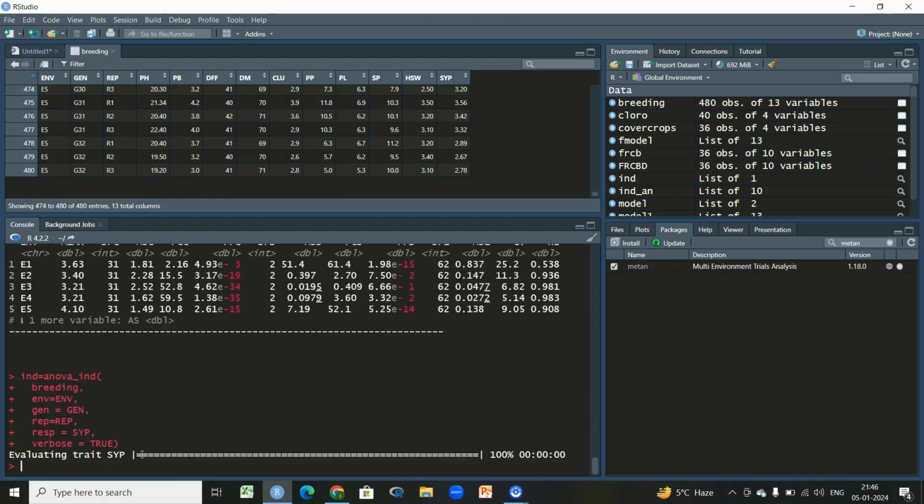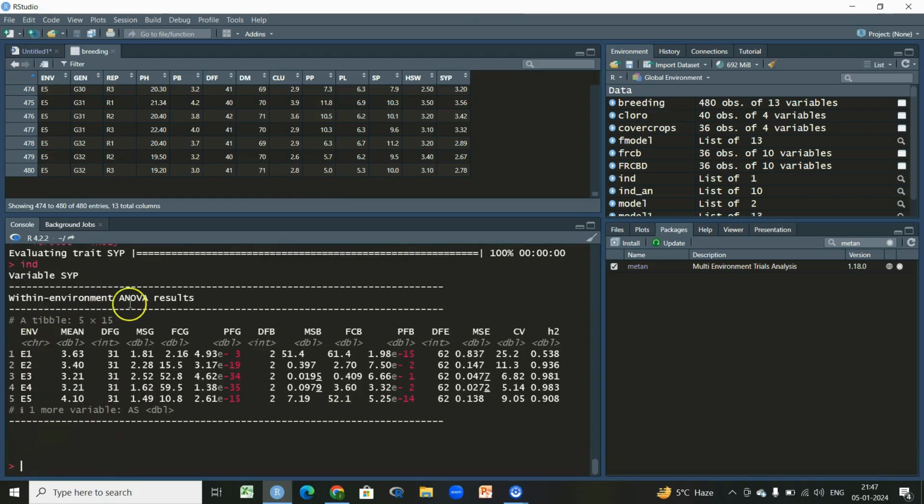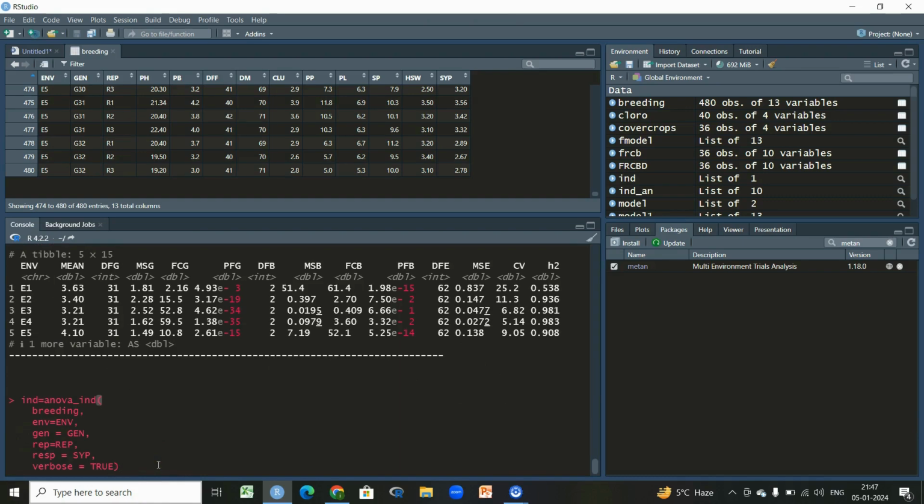So in return, we will again get only one ANOVA, or one mean square components of variances for only this variable. Or if we are interested to perform the pooled analysis of variance for this type of data set, because we are having 5 environments